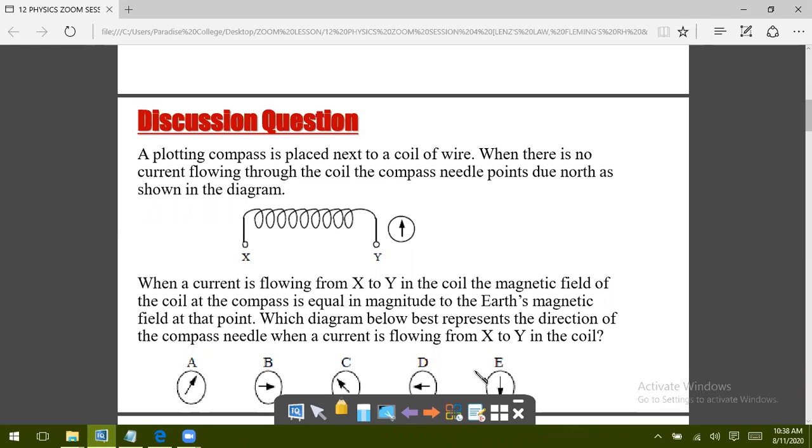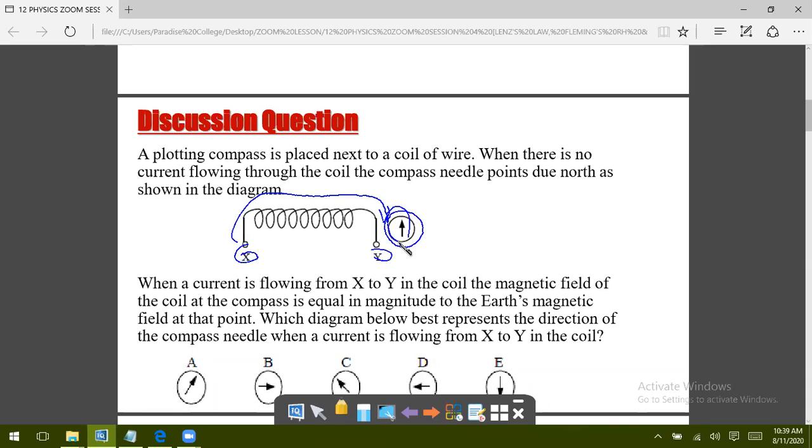Okay, listen up. What's going to happen is that when current flows from X to Y through the solenoid, that solenoid is going to become a temporary magnet. Do you understand that? All right, very good. So that will become a temporary magnet. If it becomes a temporary magnet, then it means that it will have a north pole and a south pole, right? So because of that, this needle here,